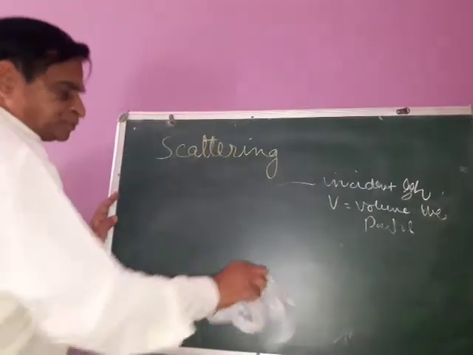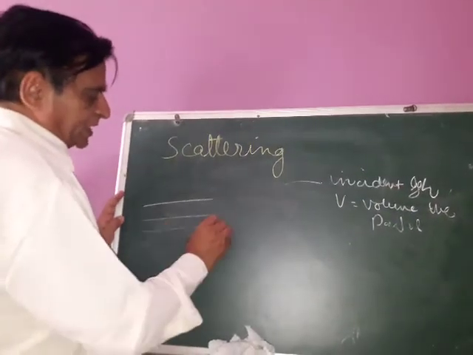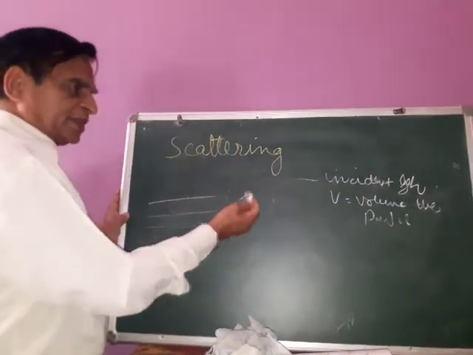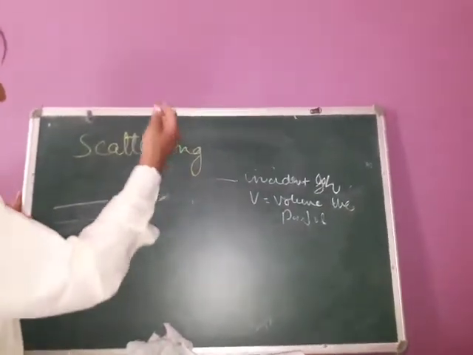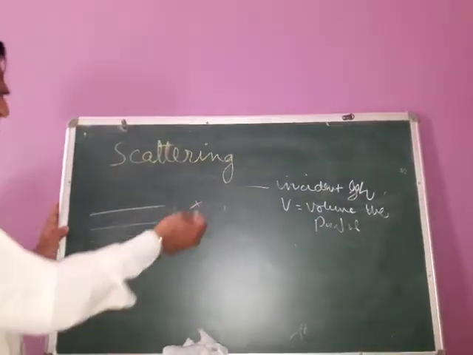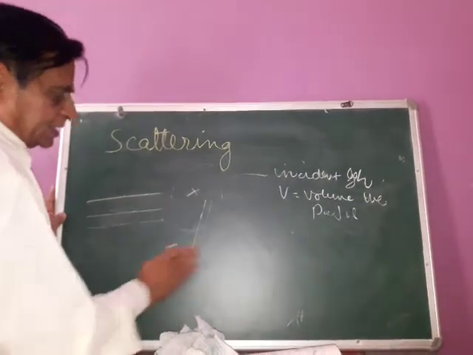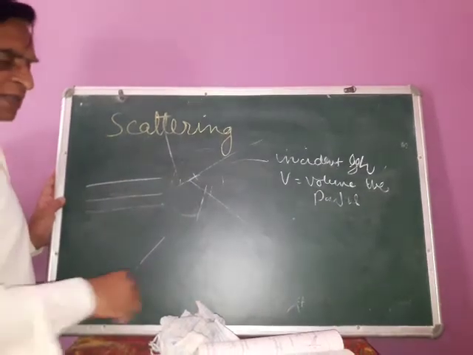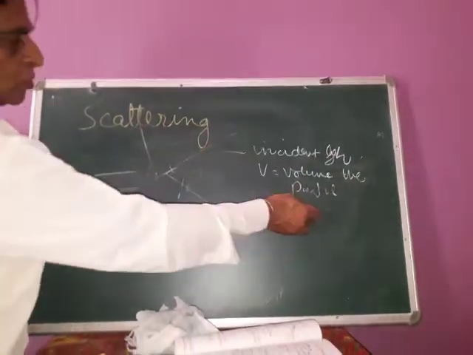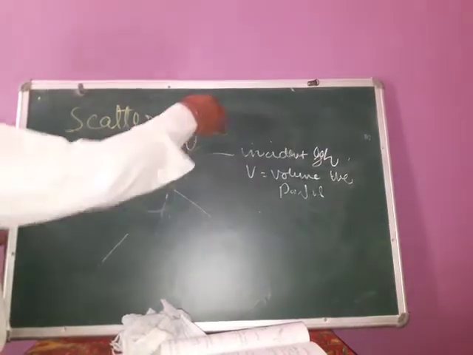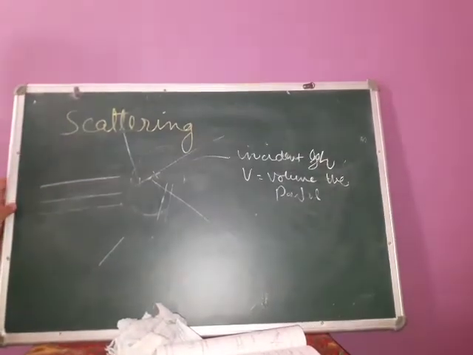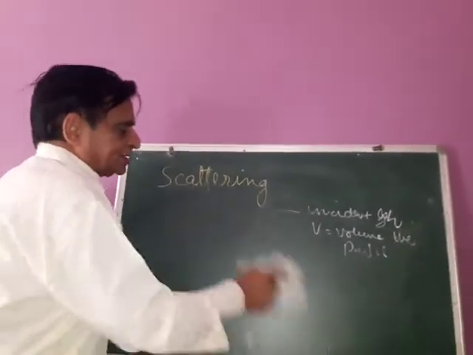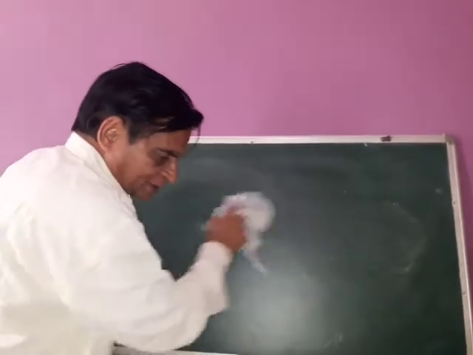So, say sun rays are coming over here, they are interacting with the atmosphere. In the atmosphere we have dust, smoke, clouds and gas molecules, everything. So the light will scatter in all directions, and the maximum scattered light will be the blue or violet light. So that's why we see that our sky is blue or violet, whatever you call it. This is the reason why the sky is blue.